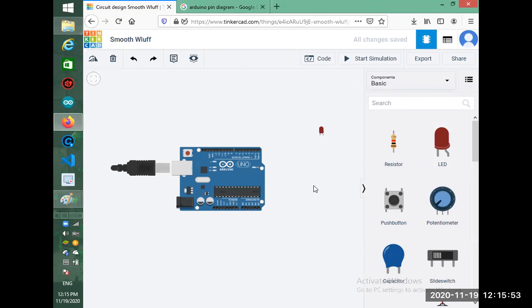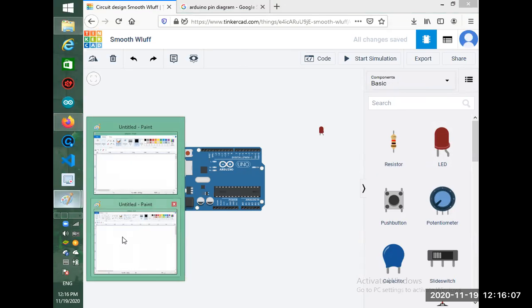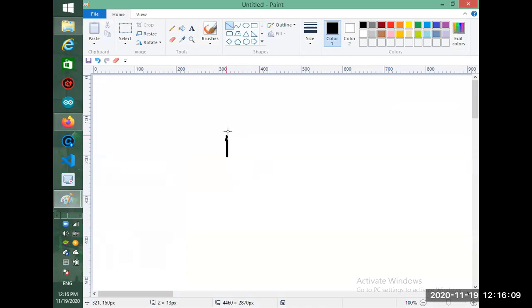You all know that we require some sort of current to flow for anything. When we are working with bulbs and all, we require a connection. Suppose you know about the old bulbs. How does the old bulb work? The old bulb works like that: there is electricity passing through a wire, and suppose this is a bulb. So this is a bulb.